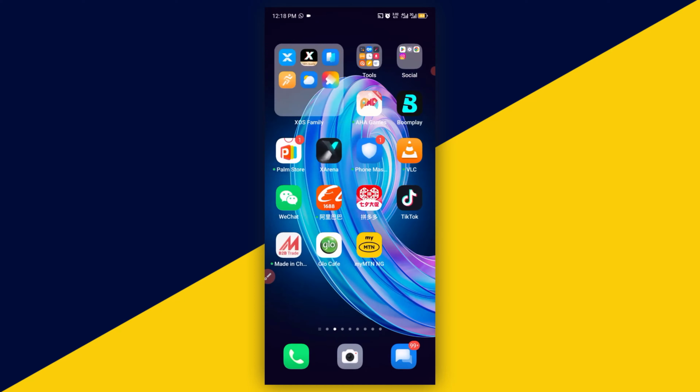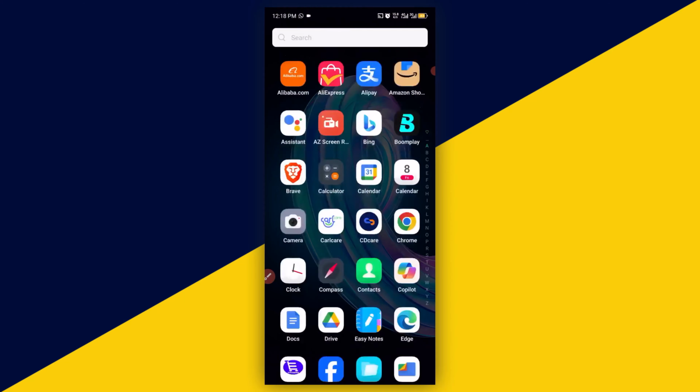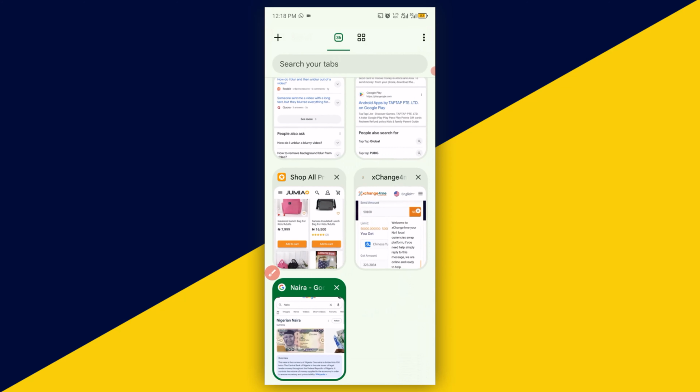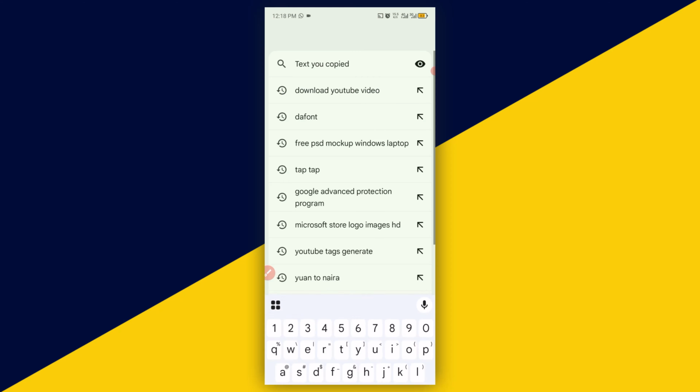Next thing you want to do is to go ahead and open your Chrome browser. So I'm going to simply click on here to open my Chrome browser. Have you opened up your Chrome browser? Create a new tab. Next thing you want to do is to click on the search right here and type